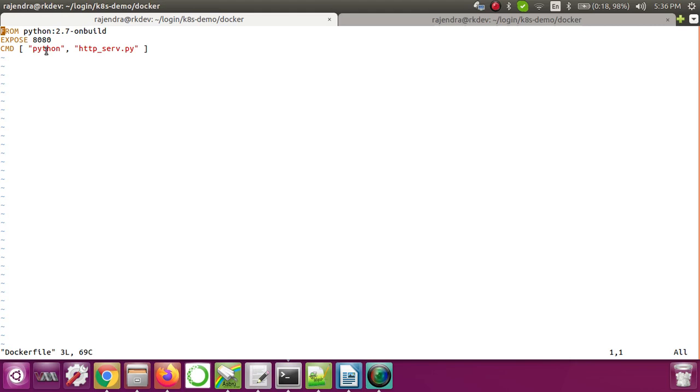Now let's say there is some change in your application. If there is some change in your application, only the last step will be changed, right? Because whatever the application related part is, it is in the last step of this Docker file.